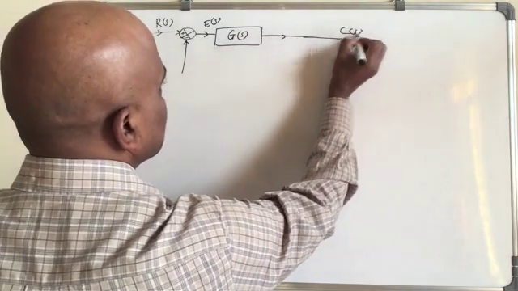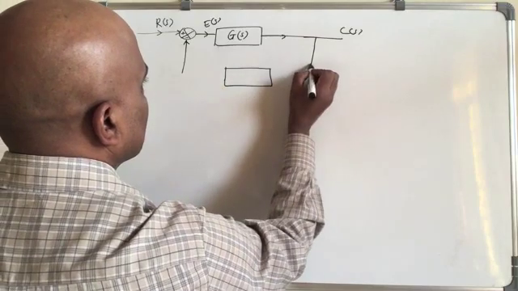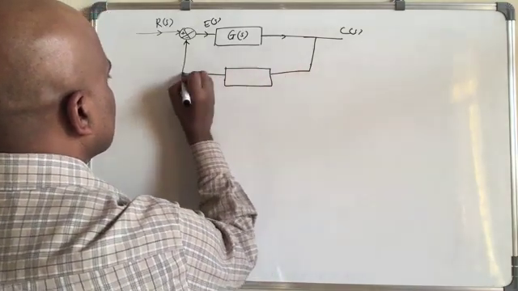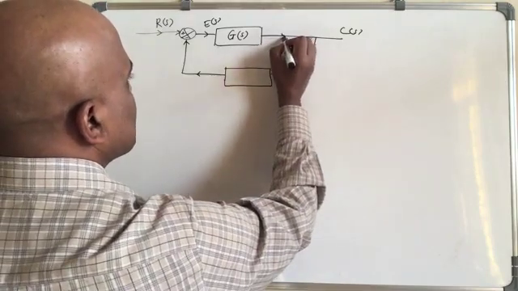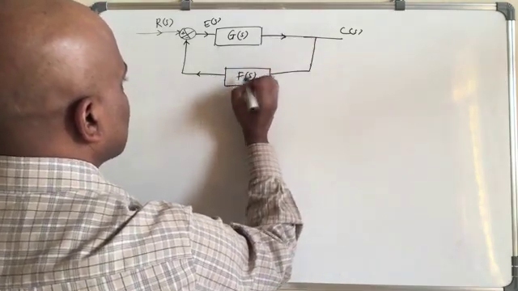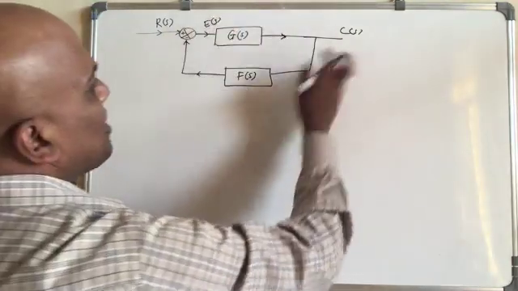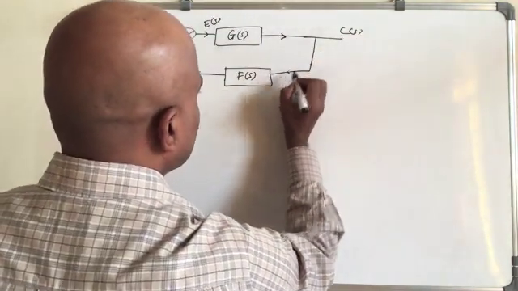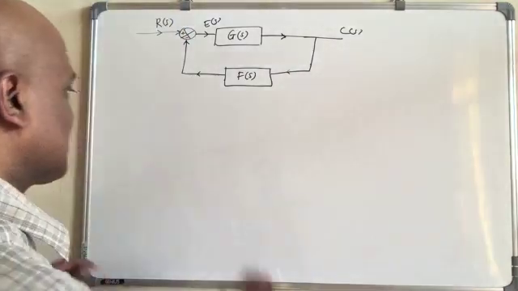This is CS here, and then let us say this is called FS, like this. So if we have this kind of block diagram, this kind of feedback loop, then these terms we will use. Okay,